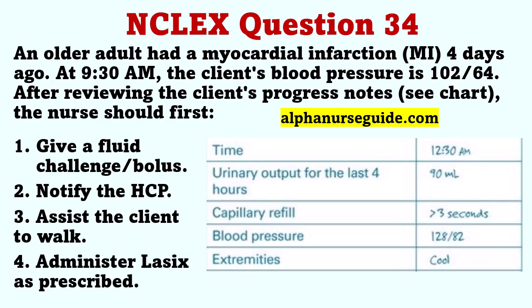An older adult had a myocardial infarction 4 days ago. At 9:30 a.m., the client's blood pressure is 102/64. After reviewing the client's progress notes, see the chart on PDF download, the nurse should first: